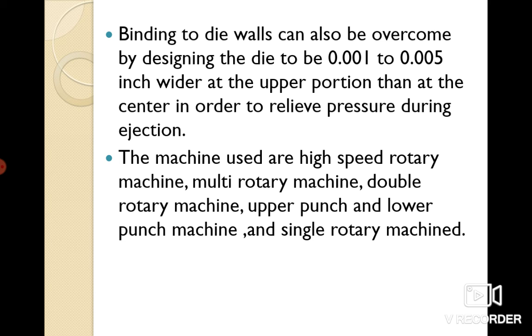The machine can be a high speed rotary machine, a multi-rotary machine, a double rotary machine, upper punch and lower punch machines, or a single rotary machine, according to the requirement and how much the production rate will be. According to this, the type of punching press will be selected.